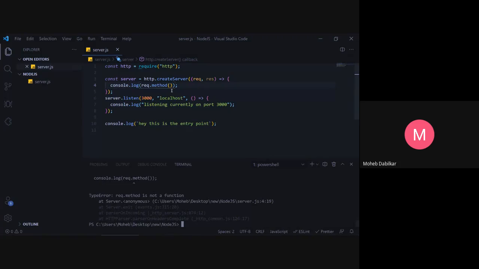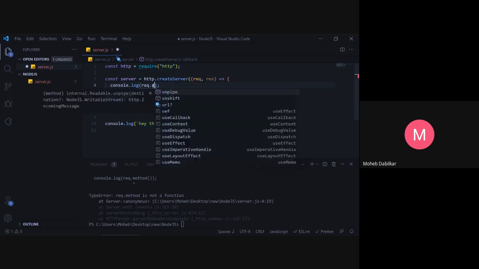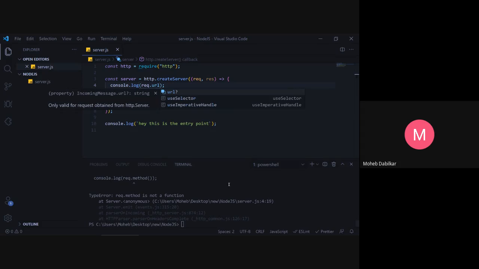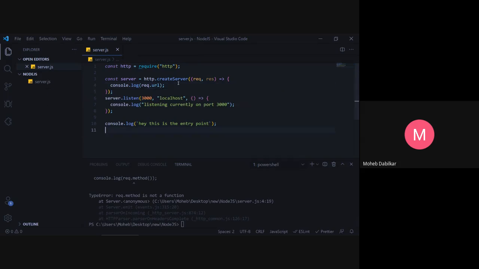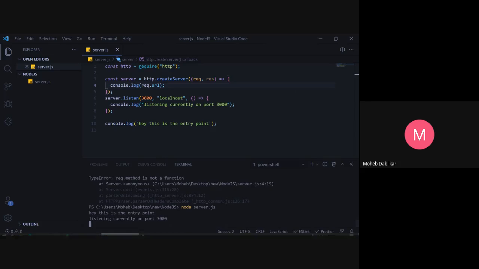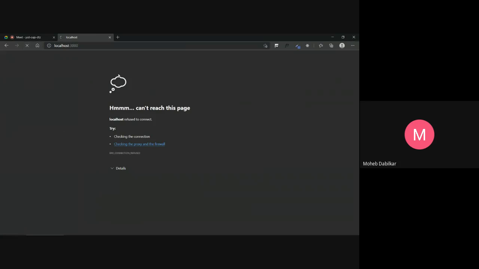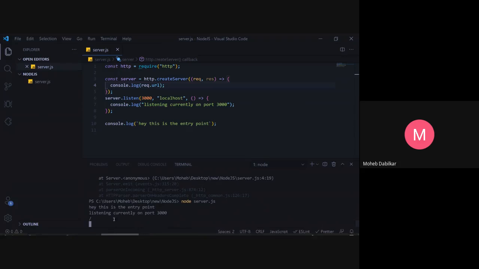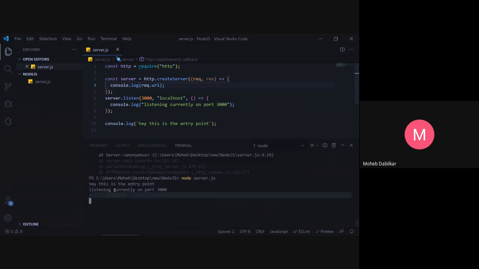Sure, that is something good. Well, we do have some things over here, so I guess this should work. Request dot url. Now if I refresh this, we should get a slash. Yeah, so this is your url. We have a slash over here.